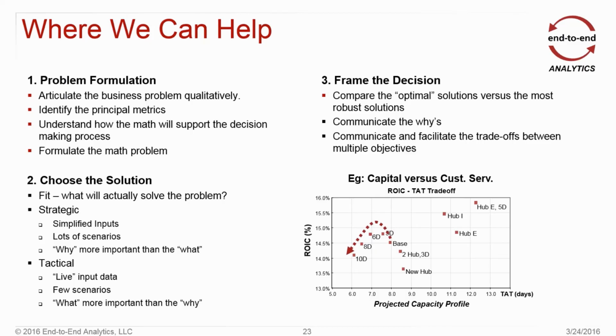The second piece is communicating the whys. If we're going to adopt a solution or integrate optimization into our process, while we're running the process, we don't necessarily need to communicate the whys, but certainly to have a process adopted, or if it's just a why-type problem in general, we have to be able to communicate those whys. This deeper understanding, this trust, this confidence, this transparency, again, are going to be essential.